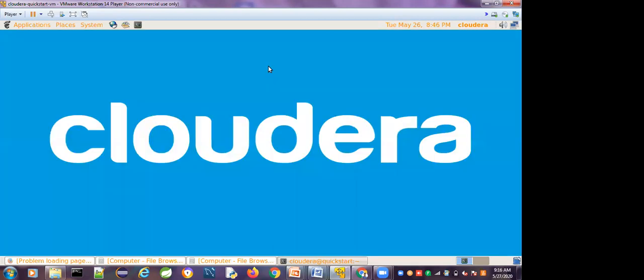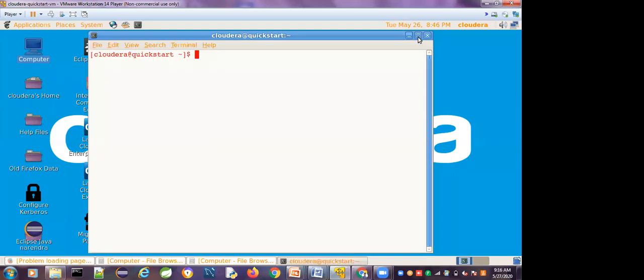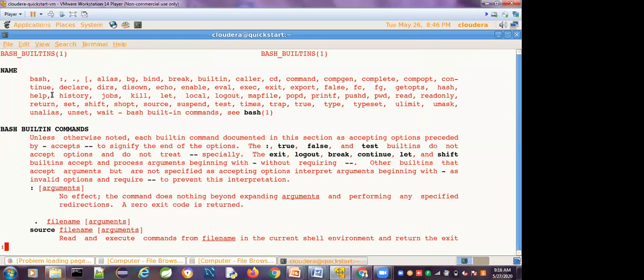See here, I just gave exit, and it is gone. Before taking help, I will give the man command. man exit shows what the use of the exit command is.